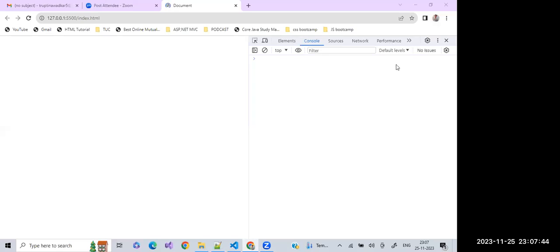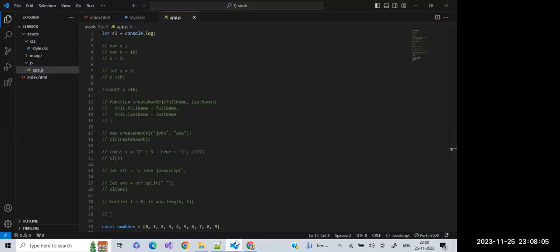Close this page and reload the server in VS Code. Yes, sir. In VS Code, go to VS Code and